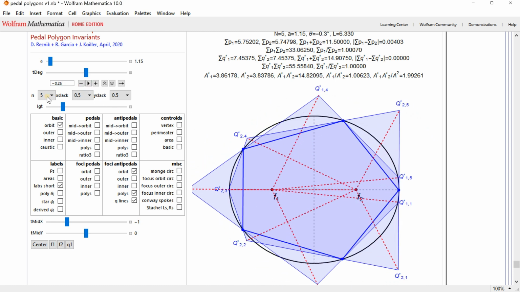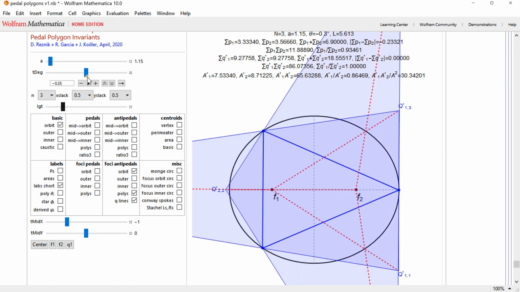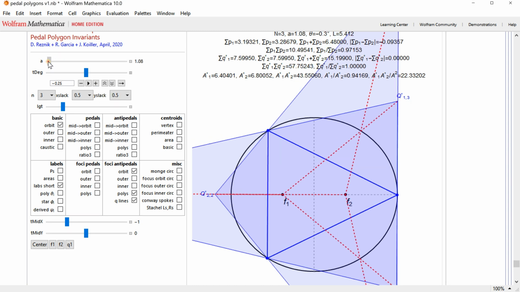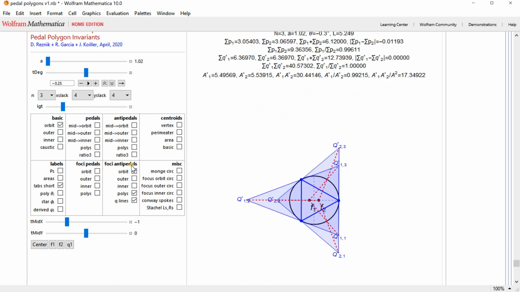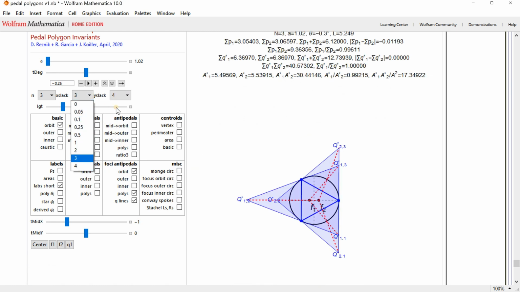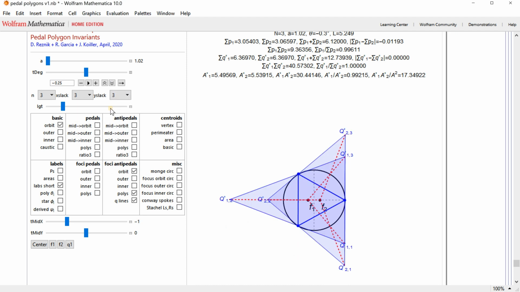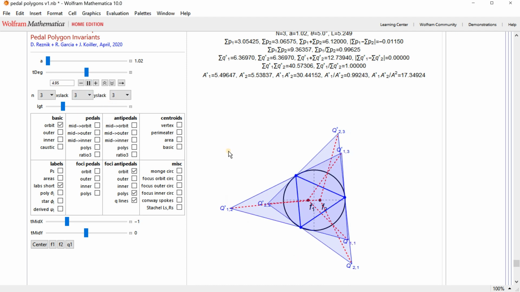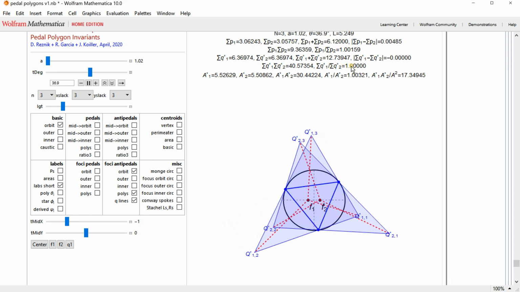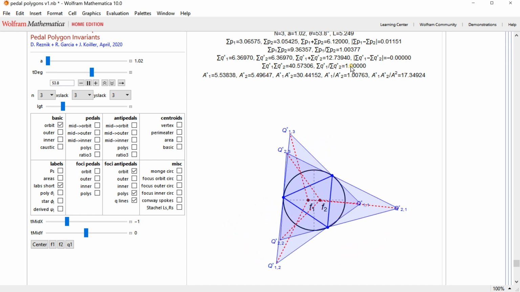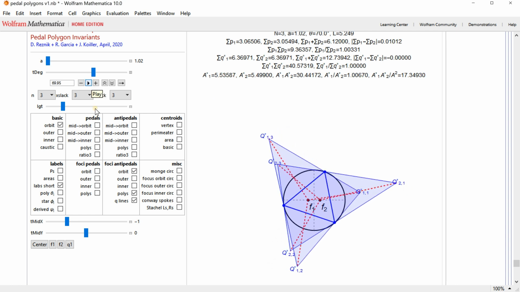Of course, I can do this for the basic case of the triangle, and that's a pretty interesting thing. In order for us to see this, I'll reduce even more the eccentricity here, give it some space, like so. Maybe I'll put it at 3. And as I animate this, we can see here that the ratio of the sums of distances is preserved, even though these triangles are dissimilar. How do I know they are dissimilar? I can put them at